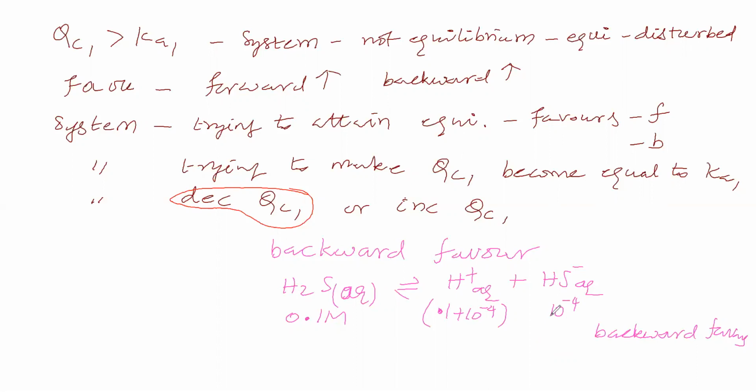Backward is favoring. Why is backward favoring? In order to attain new equilibrium, isn't it? For that sake only backward is favored. System is trying these many steps. System is thinking in the